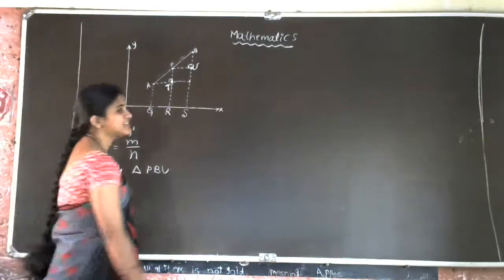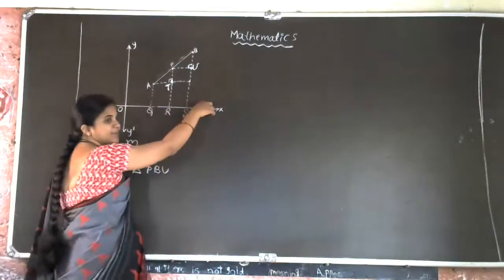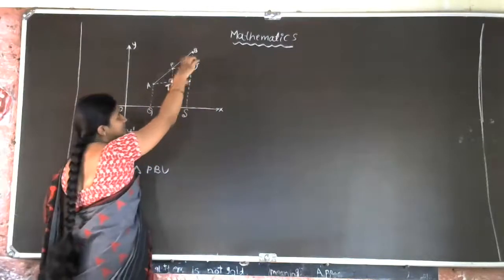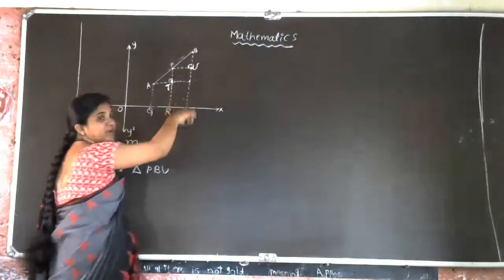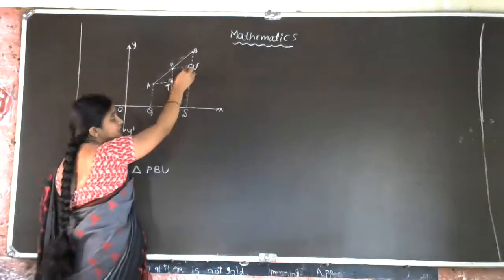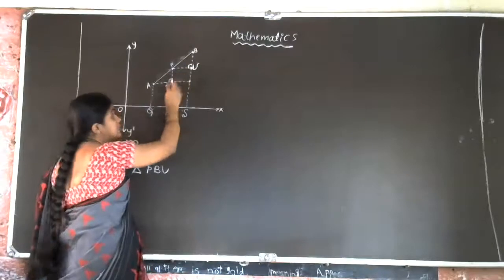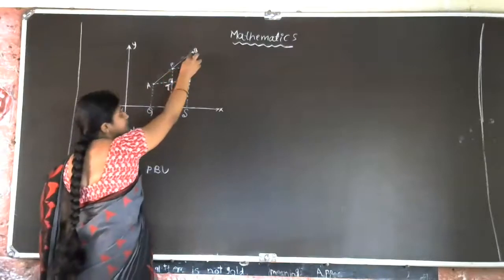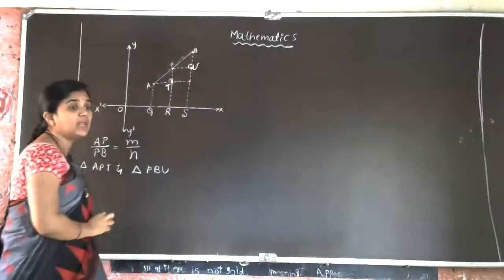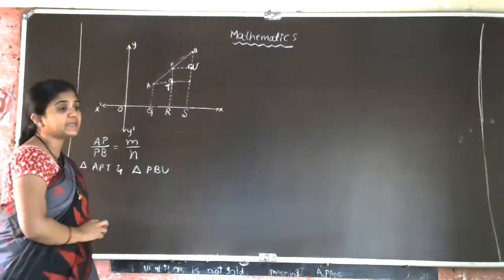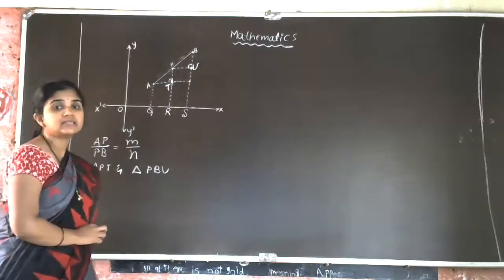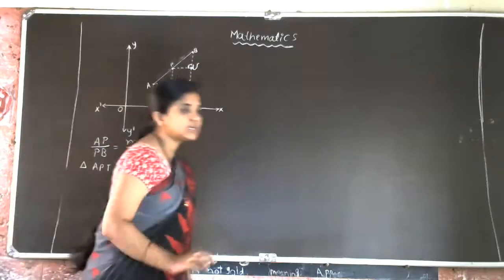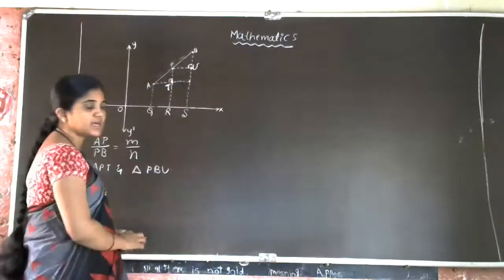Corresponding angles. Very good. See here, the lines are perpendicular lines, no? So in the sense these lines are parallel to each other. So we'll get corresponding angles. See here, one angle is 90 degree, 90 degree. So another pair, the corresponding angles, are equal. So from that AA criteria, we can say that these two triangles are similar. Is that clear, students, how these triangles are similar?